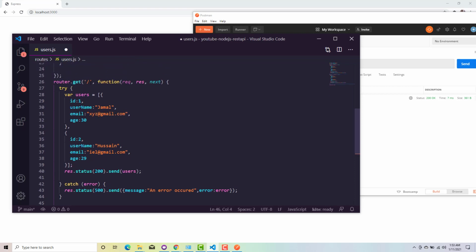Okay, and I will mention the process here, that in users, if after slash you're passing something like an ID, you should be getting that specific user. Okay,